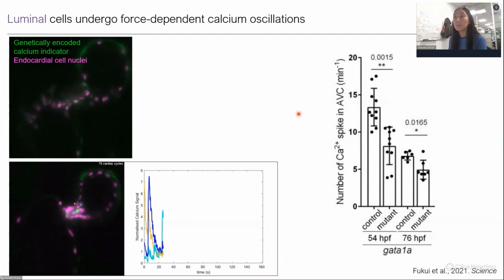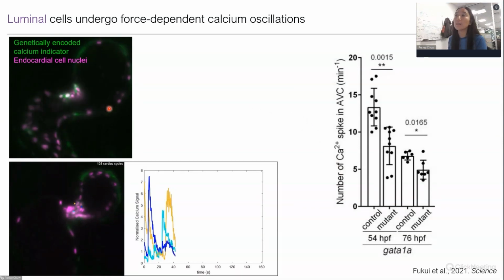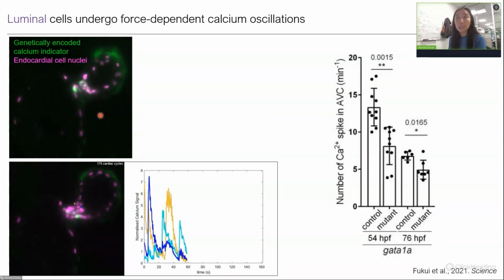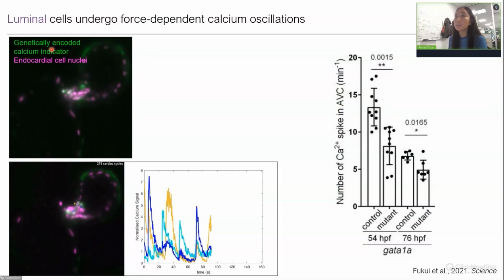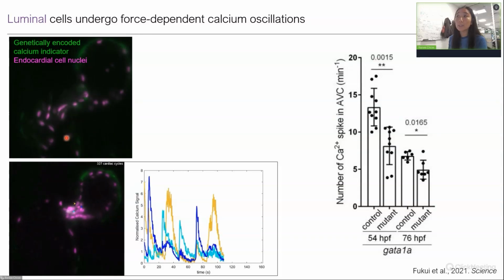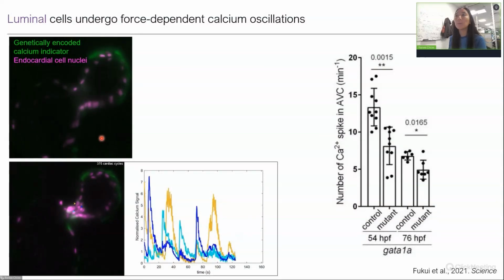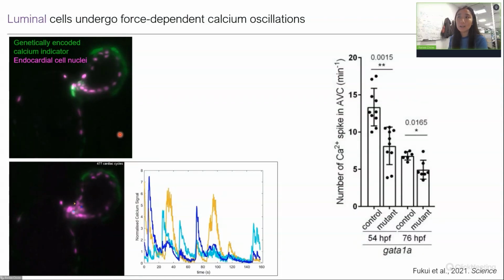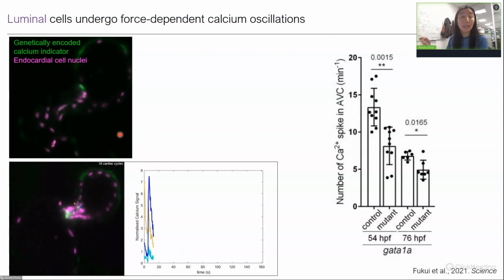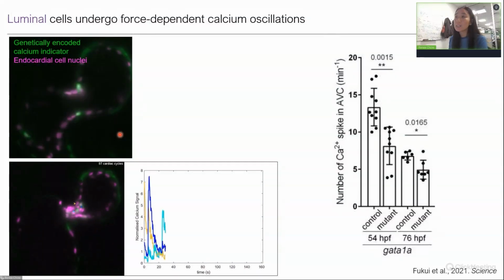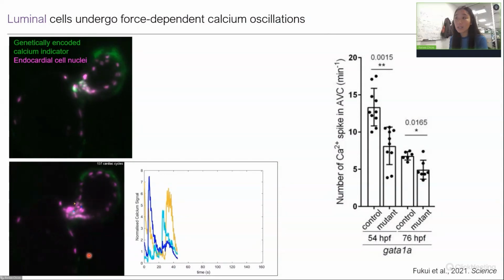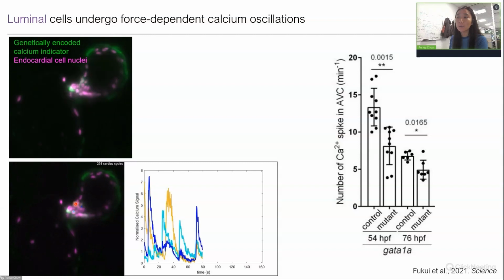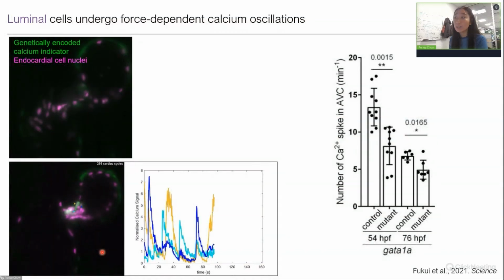And then Hajime created these beautiful movies that allow you to visualize the calcium signal in the endocardial cells. So here the calcium signal is in green, and the endocardial cells are labeled in magenta. But because it's quite difficult to visualize what's happening in single cells when the cells are not just moving in X, Y, but in and out of the image plane, I created some software that phase matches the cardiac cycle of the beating heart. And hopefully what you can see now is that in these cells labeled with the arrows, the calcium signal actually oscillates.